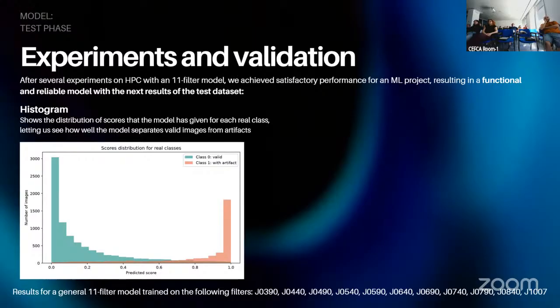So, of course, the more separated these two groups are, the better, because that means that the model knows how to separate and discriminate well between the 2 sets of images, valid and not valid. Of course, we are always going to have values in the middle, but as you can see, there are just few of them. There are 2 big groups at 0 and 1.